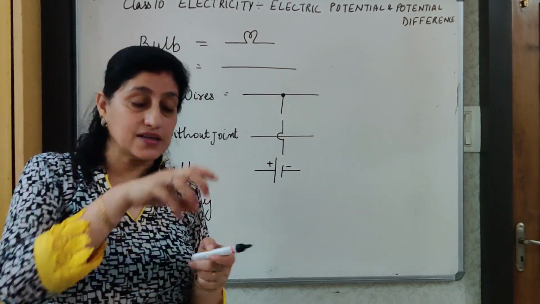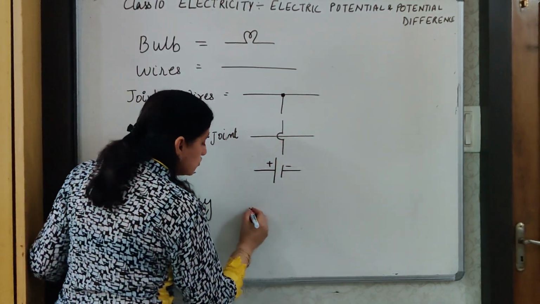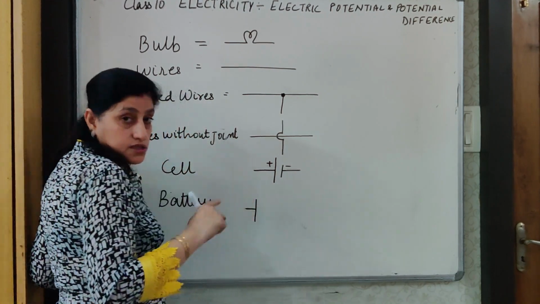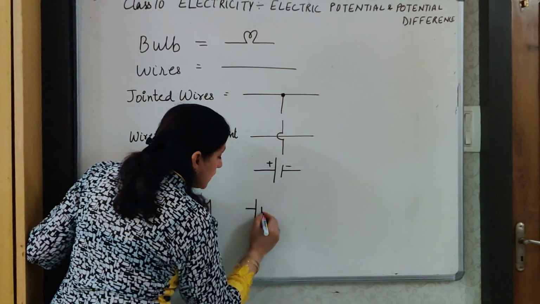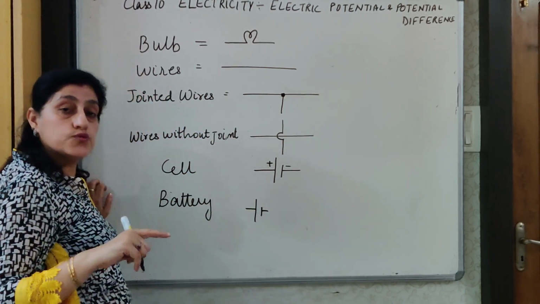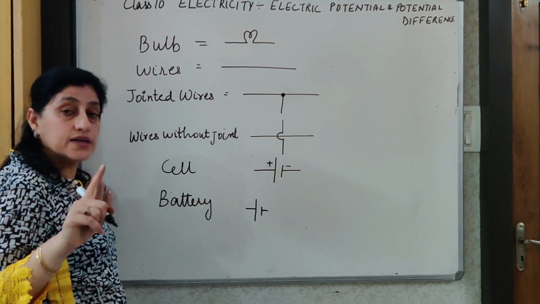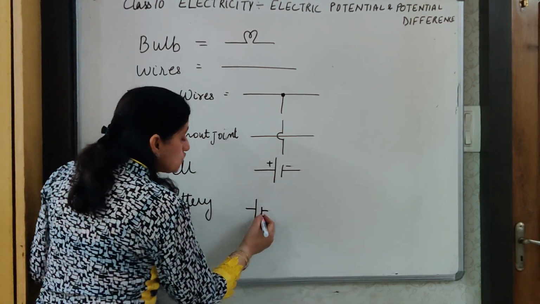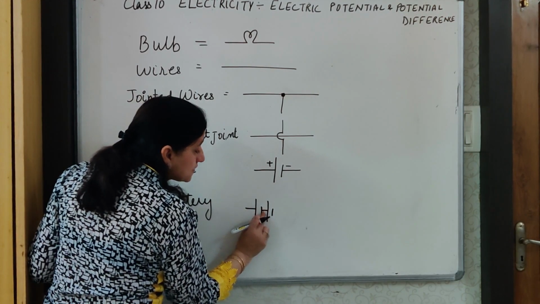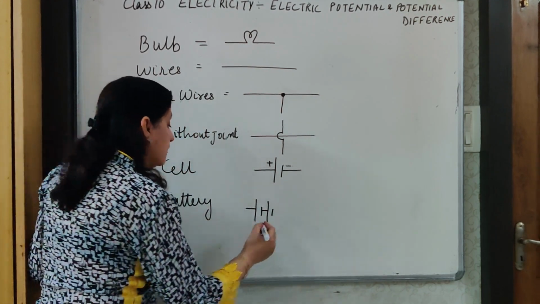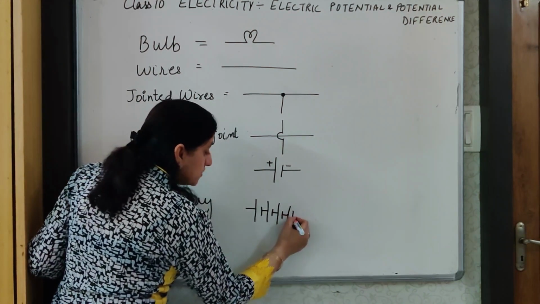Like we have the inverter batteries, it has got different cells connected to each other. So similarly, in a battery also, we show end-to-end connection. This is very important. Many children do this wrong. So see very carefully. This is one cell. To this will be connected another cell, and current will only flow when the positive terminal is connected to the negative terminal. So the short line will be followed by a long line, then a short line. This is one cell. This is the connection. This is the other cell. Then again the connection. Next cell. Again the connection. Next cell.